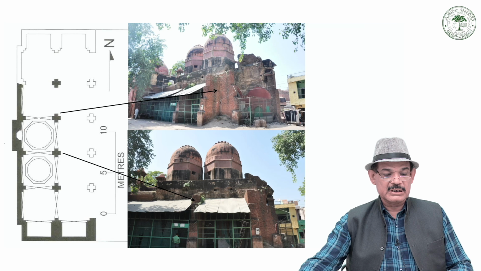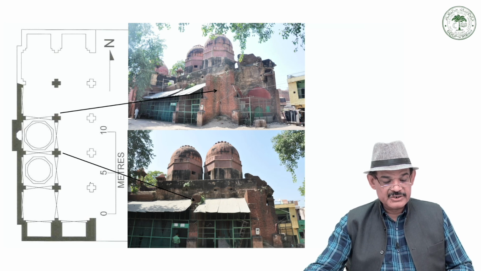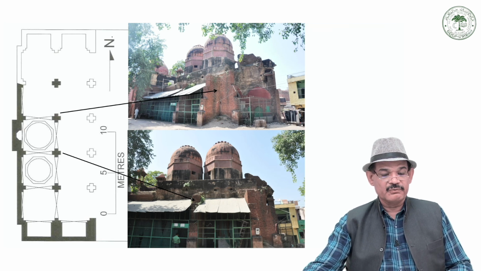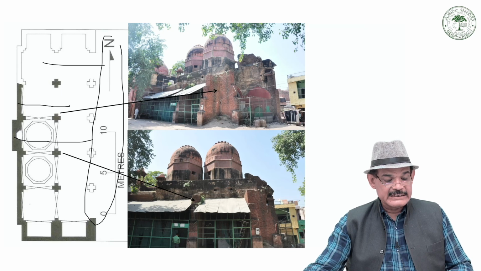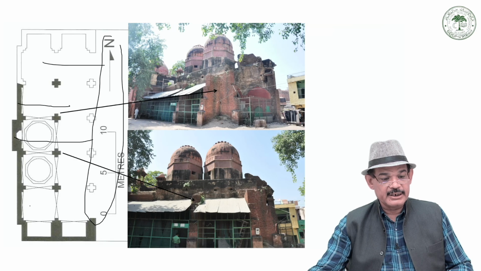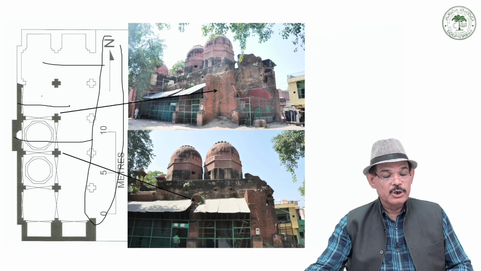Basically, this mosque is composed of a western liwan, and in front of the western liwan is a courtyard. The western liwan has a central nave flanked by two aisles on each side, and the nave and flanking double aisles are two bays deep,